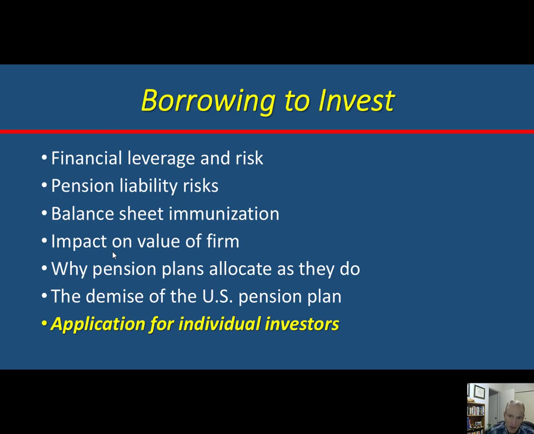So taking all of that, we're looking at this from a company standpoint of offering a pension plan. But what about you as an individual? How should you view this? Remember those pension liability risks: longevity risk, interest rate risk, inflation risk. The fourth one was adverse selection, so that one doesn't apply to you, but the other three do. You do have interest rate risk, you do have inflation risk, you do have longevity risk. So you have three of those four risks.